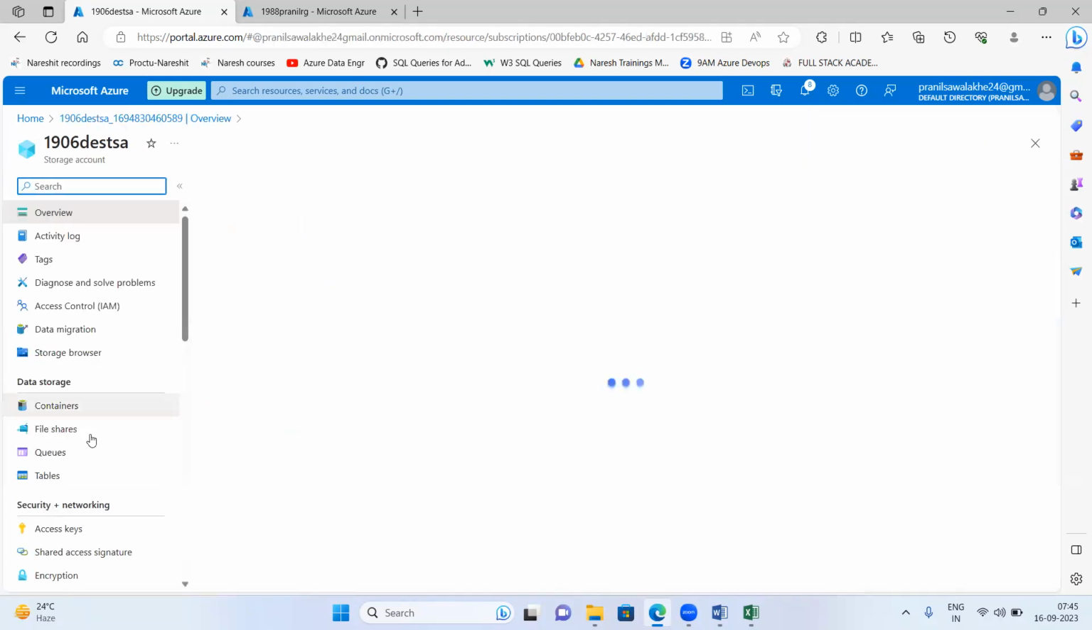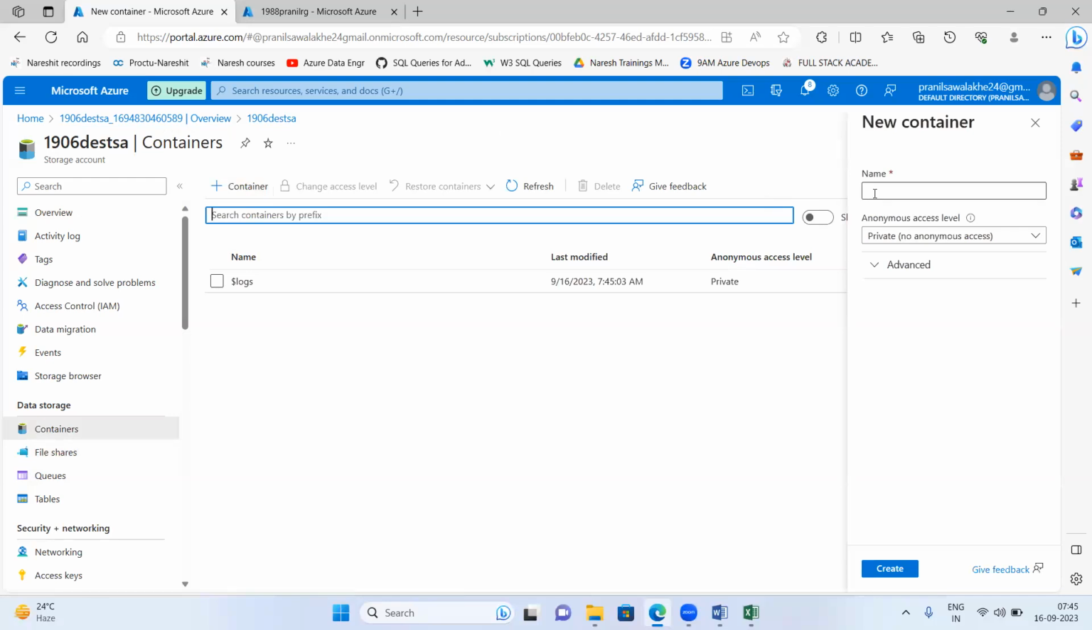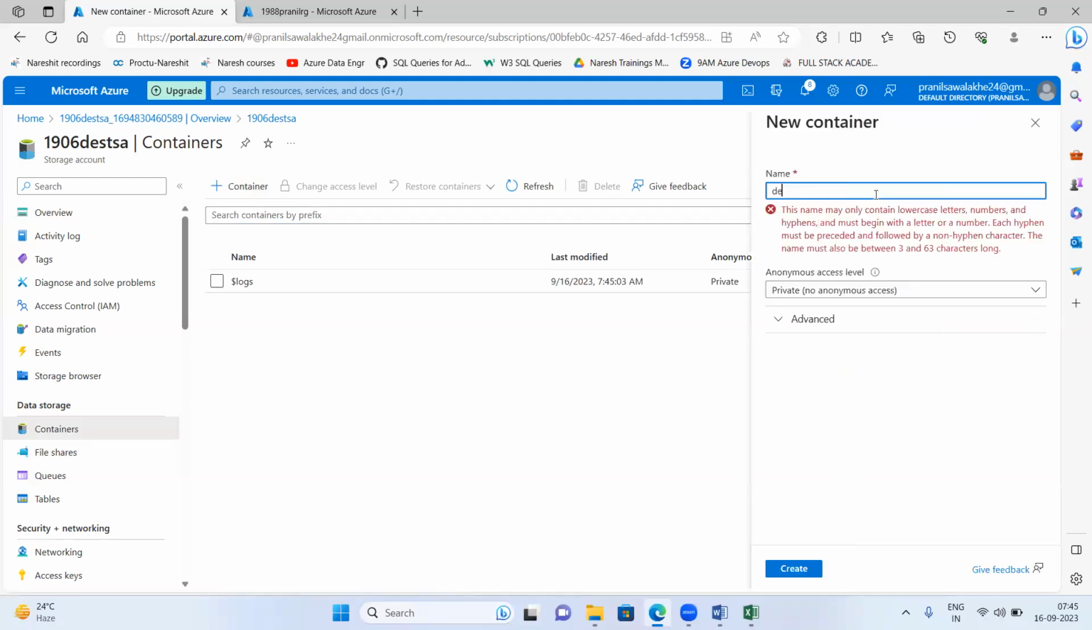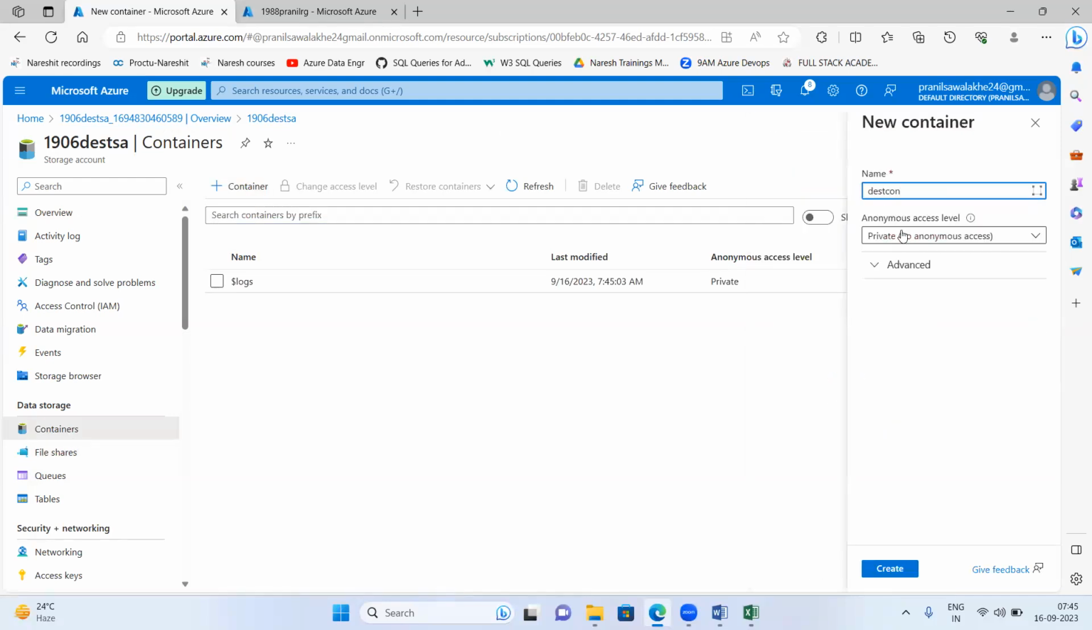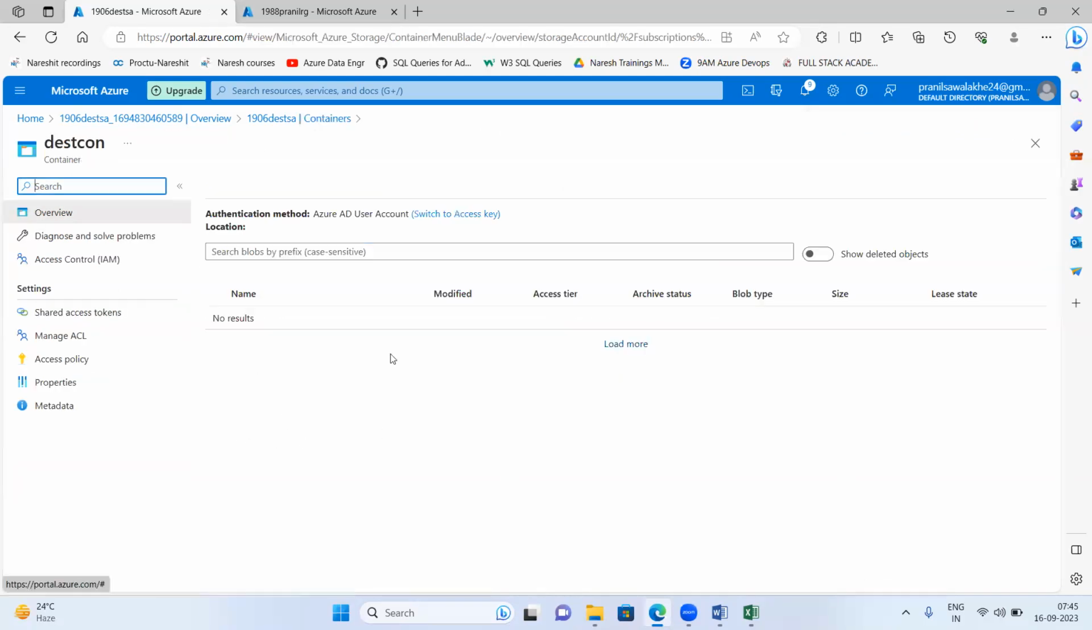Okay. I'll just create one container inside this storage account, and this will be my destination container. DEST stands for destination. CON stands for container. Fine. This is how it is. And now I want to copy my files into my destination storage account. Right now there are no files. What I'll do now,